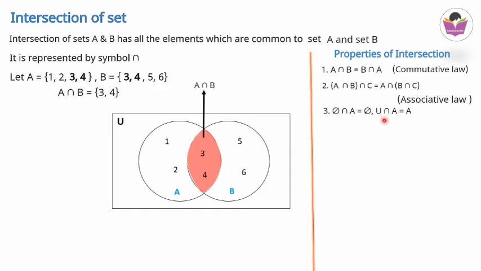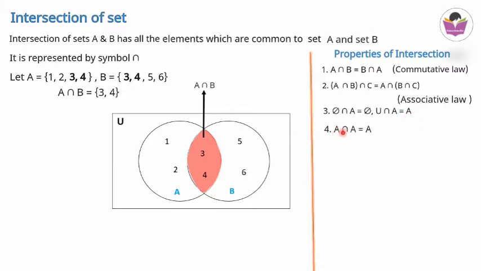So these things are not so complicated if you know the definition. Phi does not have any element. That means if you are searching for a common element, nothing will be found, so the resultant set will be a null set. But if you are searching for common elements with the universal set and a subset, then you will get the same elements. Whatever elements are there in A, the same elements will be obtained as common elements. So that will be equal to set A.